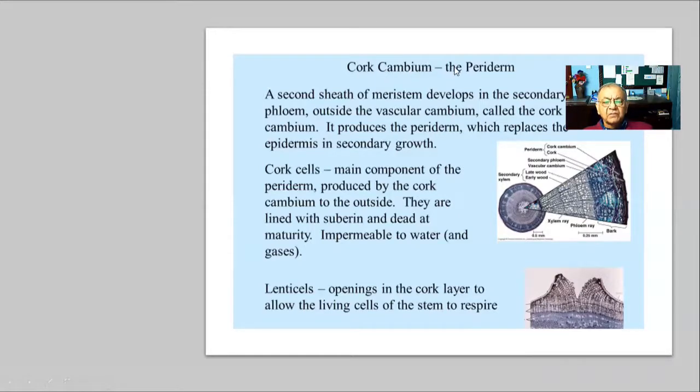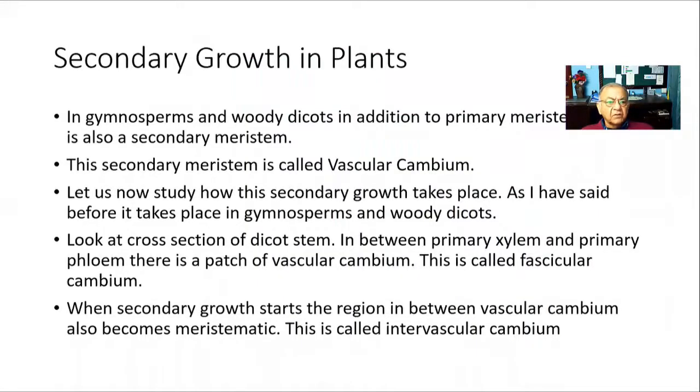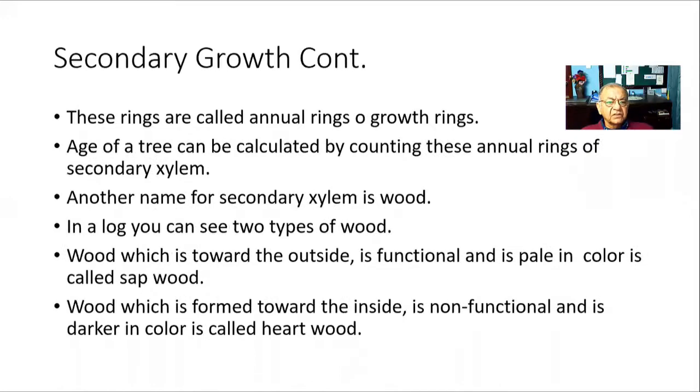And this cork cambium will result in the formation of periderm. There are three components that are formed. Cork cambium also divides like the vascular cambium, and it forms cells toward the outside and toward the inside. The cells that are formed toward the outside, I think this diagram will tell you about the activity of this